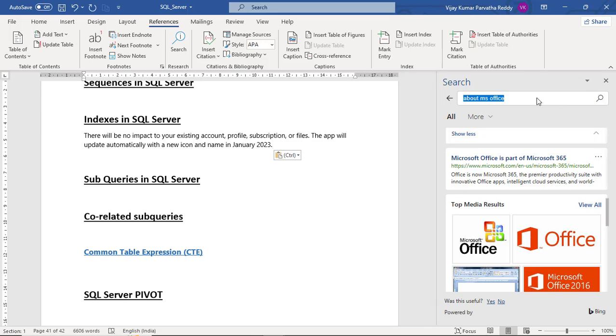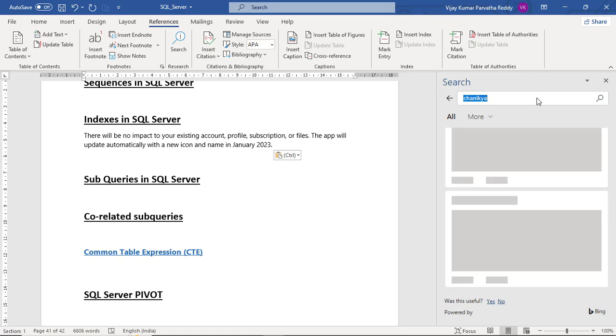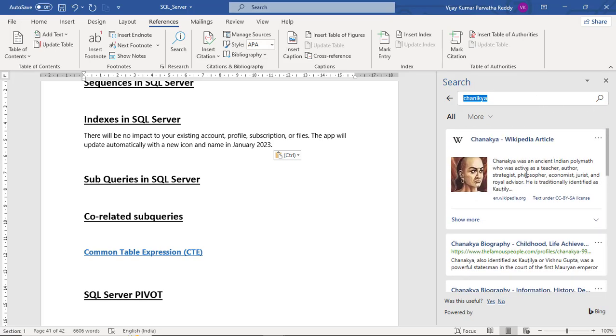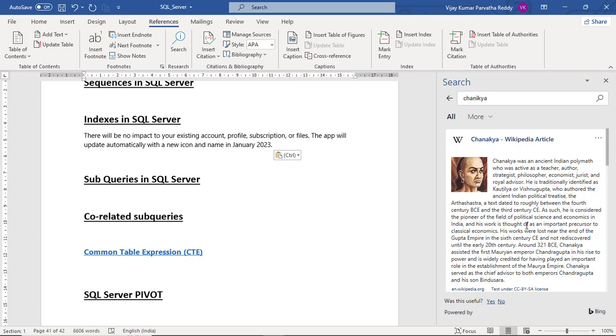And for example, I am typing something about Chanakya. I want to know about Chanakya, and enter. So you will get a lot of information about Chanakya. And if you want more, you can show more.